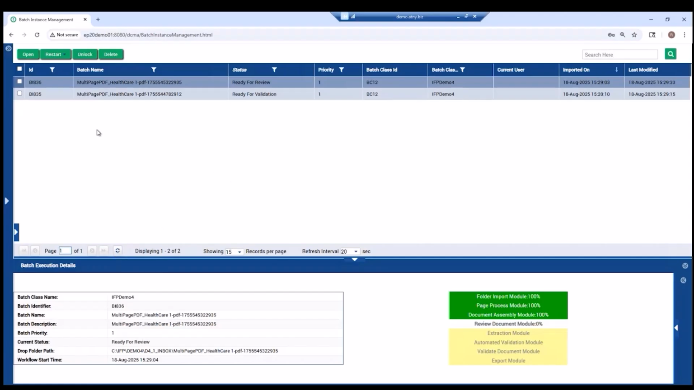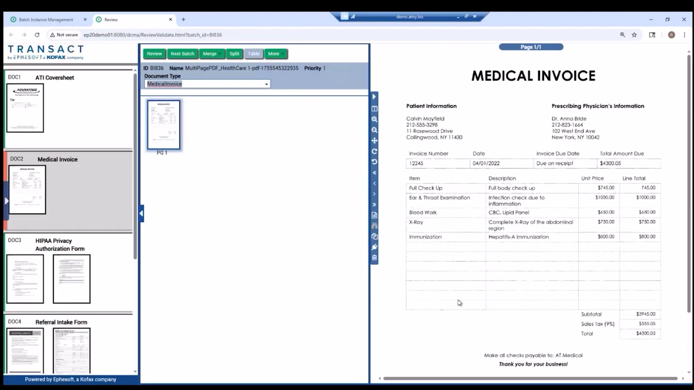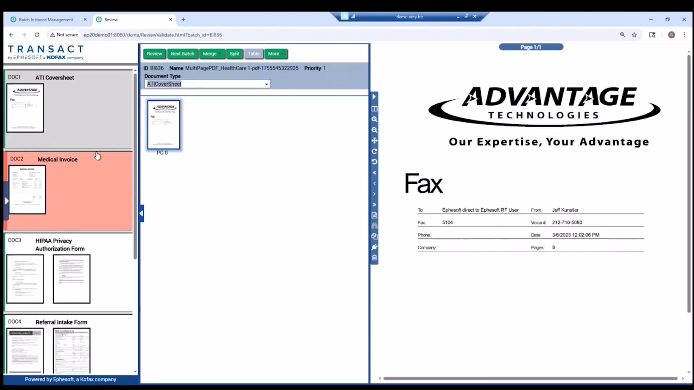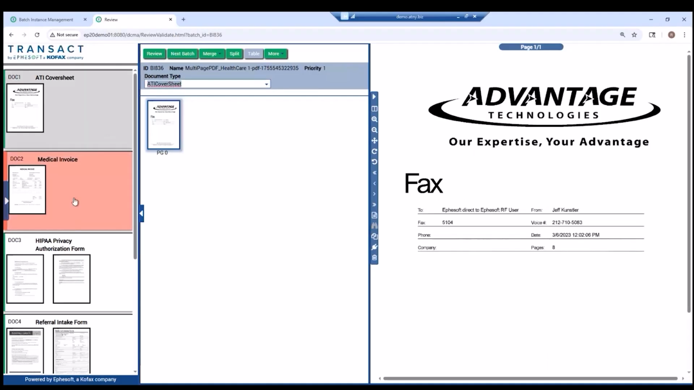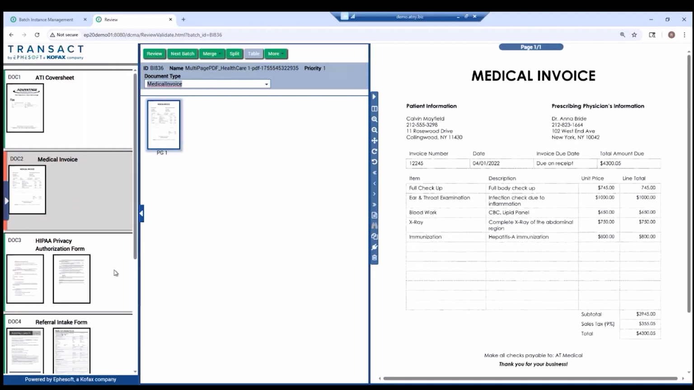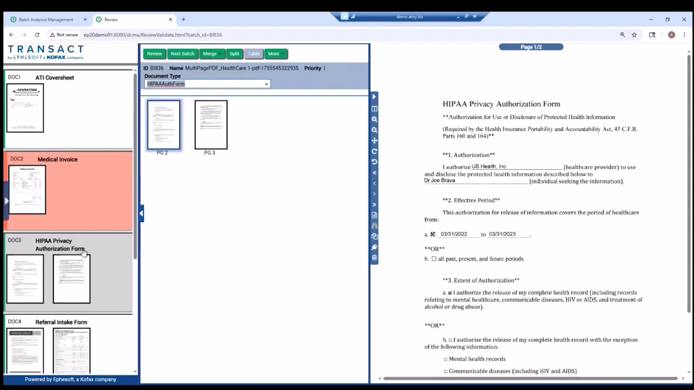The first thing we're going to do is look at what happens when a document, or when a fax, gets pulled in, broken apart, and categorized. So I'm going to open this up. You'll see this is the same document we're looking at, just in our intelligent document processing tool. On the left-hand side, you'll see it's broken apart, all those pages in the fax, into different document types. We have our cover sheet here, we have a medical invoice here, we have our privacy authorization, and so on,